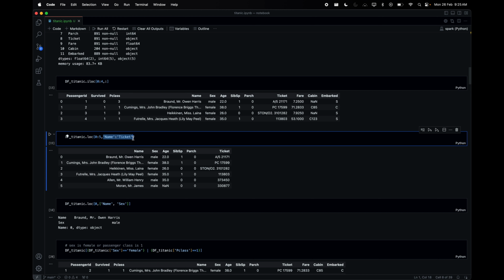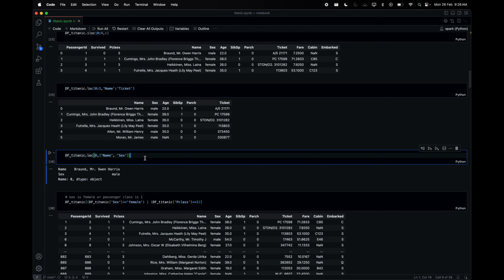Okay, the benefit of loc, I told you, is that there are two things, index and column. So the filtering, the locator, is column based. Look, anything which comes between name and ticket, it takes out and includes, both of these limits are inclusive. Here also we have seen, here also we have seen. Okay, then we have this locator. Of course,